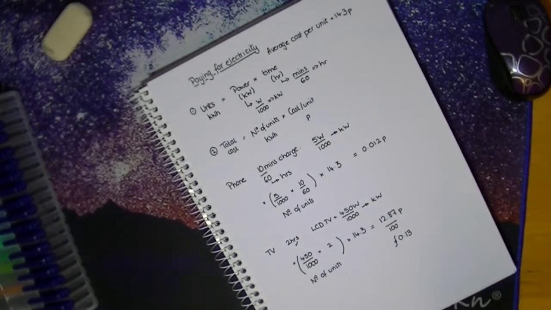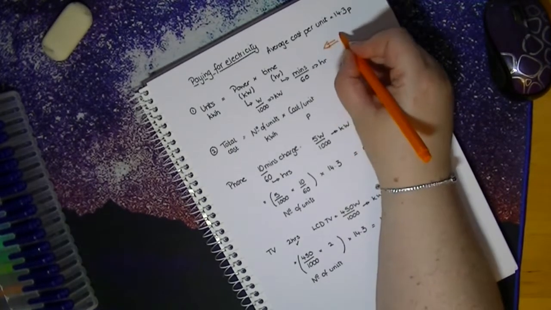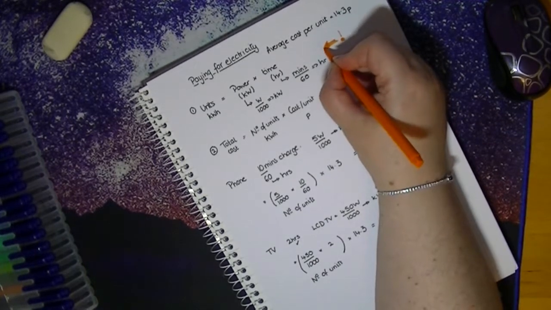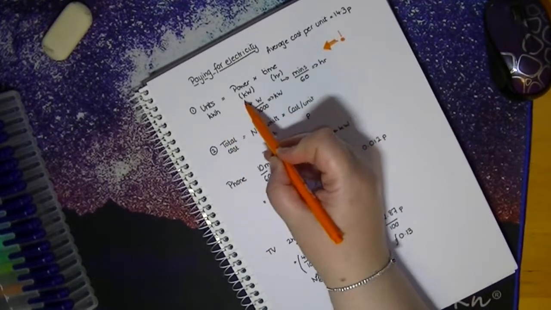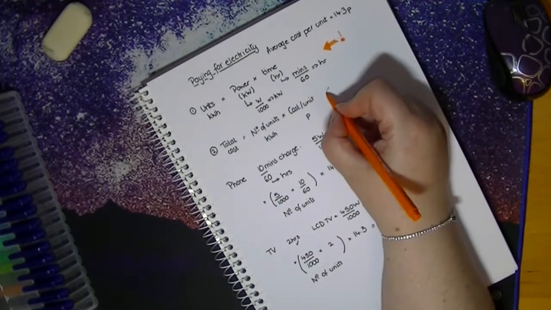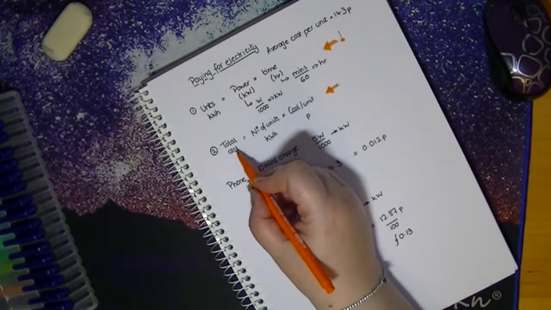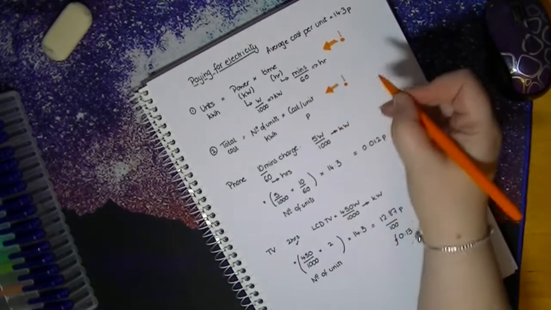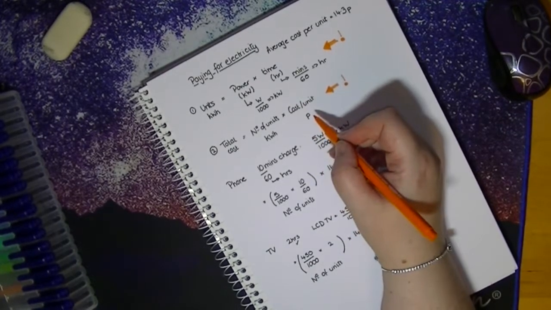I've got to remember my 2 equations. So here's my first equation. That's important to remember. I've got to learn this, I've got to know it if I've got a question on paying for electricity. Equation 1. Units in kilowatt hours are power in kilowatts times time in hours. My second important thing, again, it's another equation. So this time my equation is the total cost is the number of units in kilowatt hours multiplied by the cost per unit. Cost per unit usually given to you in a question